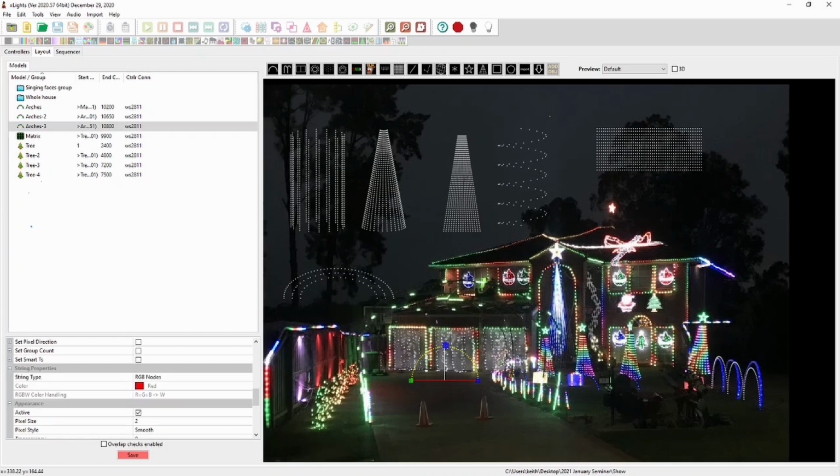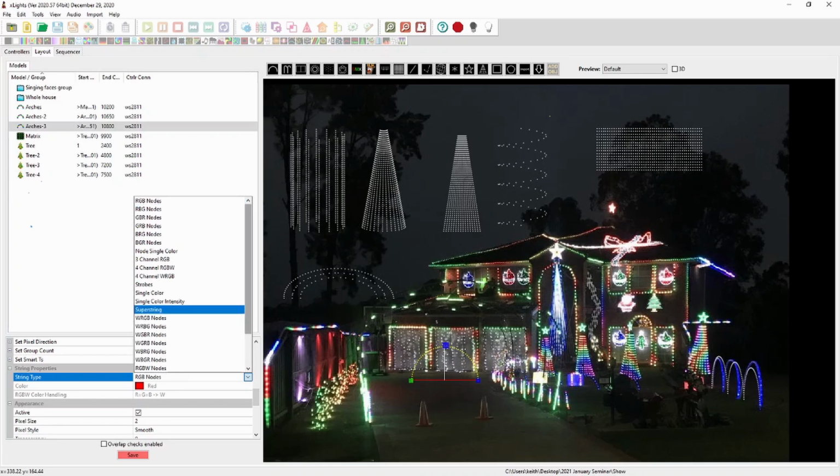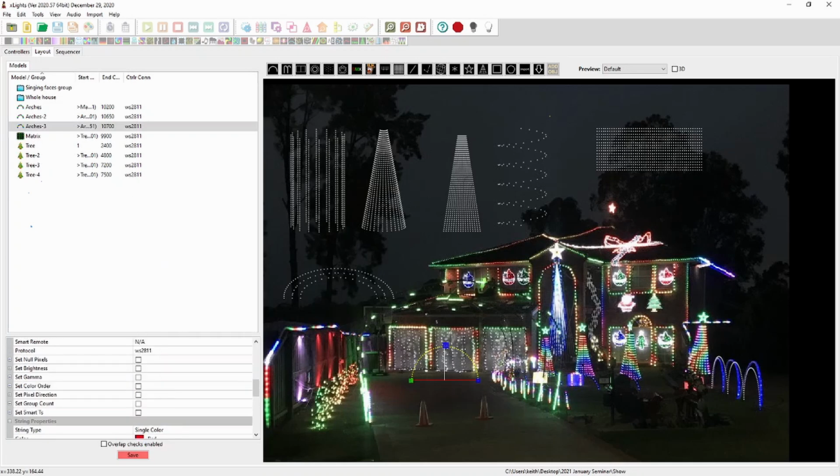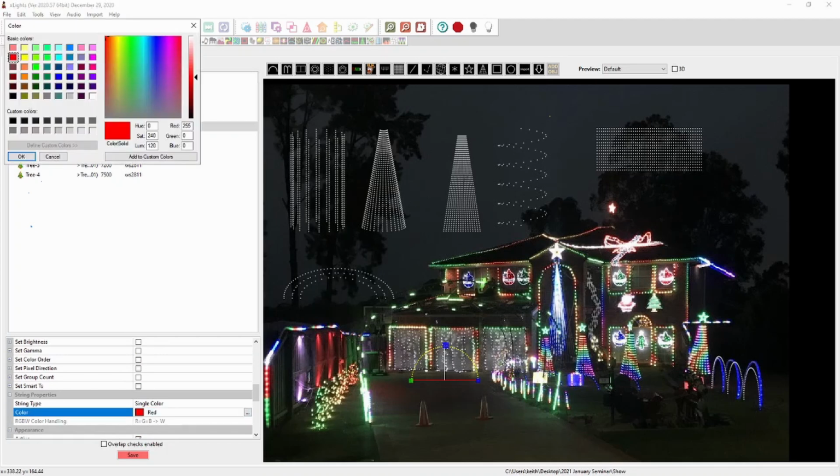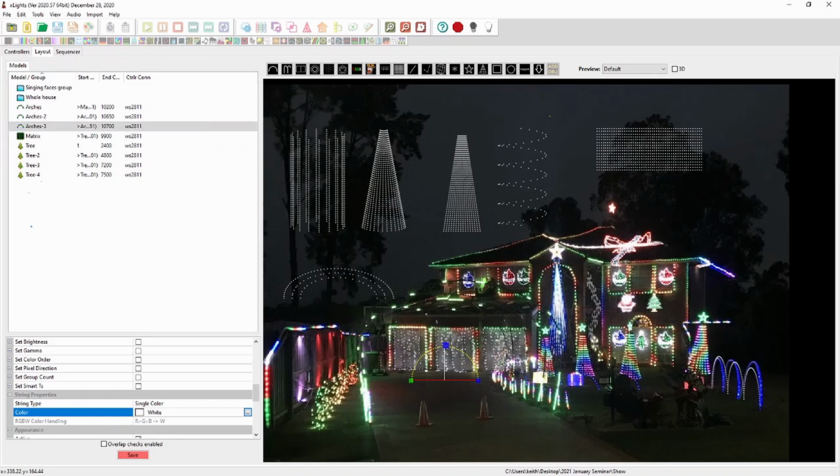Now, by default, whenever you drop a prop down, it will assume it's a pixel. That's because xLights is most commonly used for pixels. But you can come down here and change this to be a single color and choose the color of those LEDs. By default, I would generally choose white unless I have a reason to choose something else. And now that arch has been defined here,